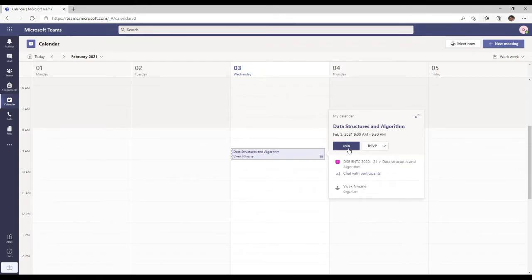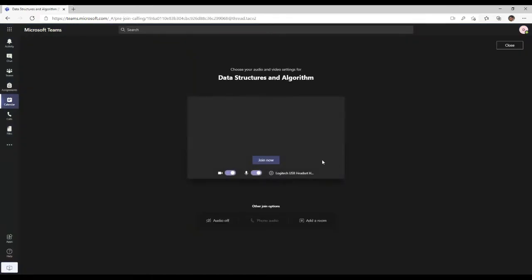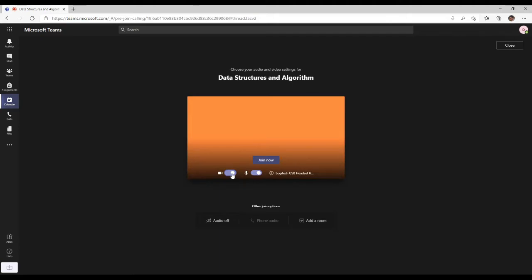As soon as you click on join, you will be asked about turning the camera and mic on or off, and according to your preferences, after doing the settings, you can click on join. As soon as you click on join, you will be inside your lecture, inside your classroom. Whatever lecture is going on, you will be able to attend that particular lecture.